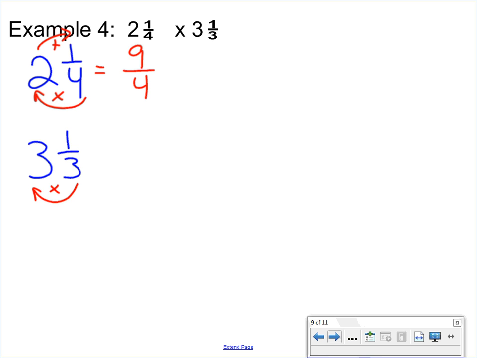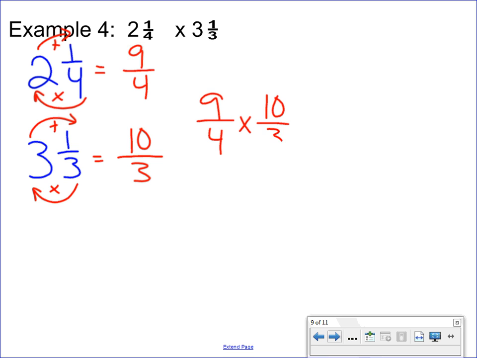Denominator times my whole number. 3 times 3 is 9. Plus my numerator, which gives me 10 over 3. So I've got my new fractions: 9/4 times 10/3. And again, looking at this problem, if I multiply this without simplifying first, I'm going to get